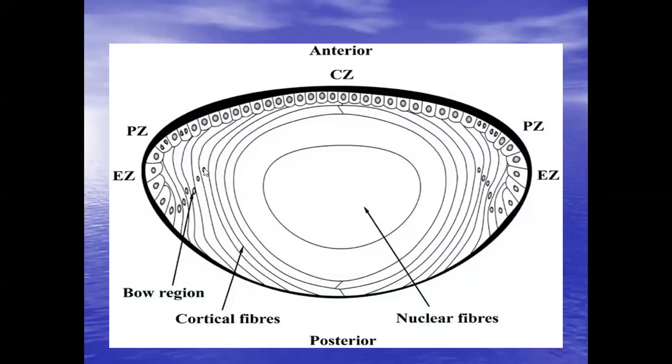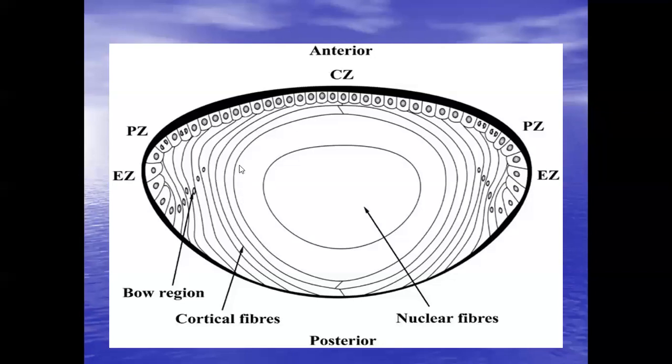Actually, this is the region of transition where the epithelial cells are converted into lens fibers. Please hear it with concentration that these epithelial cells are converted into the lens fibers in this zone. They actually exclude the nucleus from their cell and they become lens fibers. Those new lens fibers are present in the cortical region. This is the cortical region.